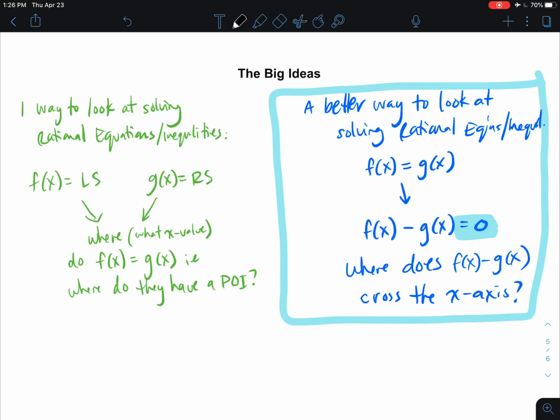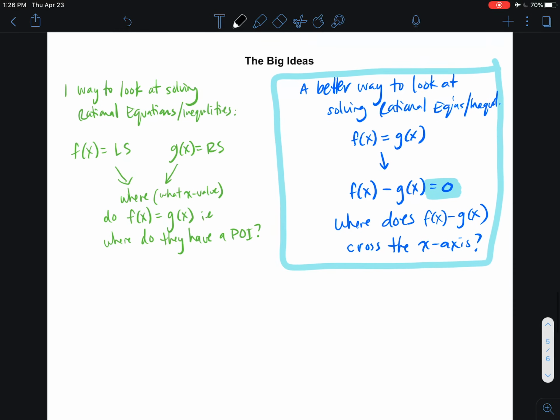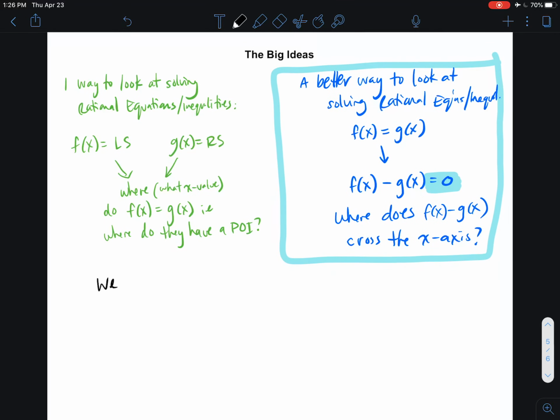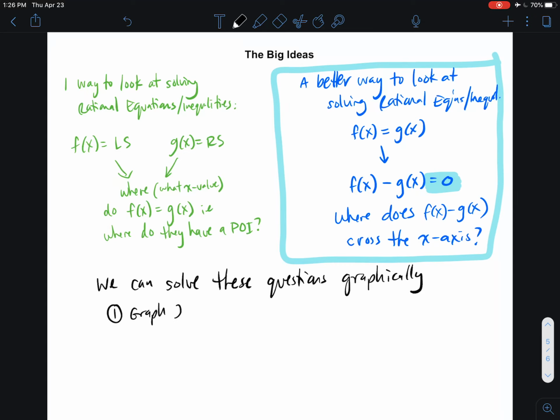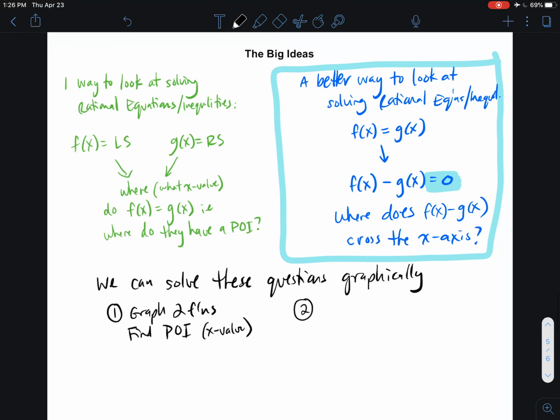Okay, so that's one of our big ideas that we have from this lesson. Now, once you've done this, we know that we can solve these questions graphically. So in method 1, we can graph two functions and we can find their point of intersection. And really, again, when I say point of intersection, I really just mean the x value where that point of intersection happens. Or if we're looking at interpretation 2, then we can graph the new function